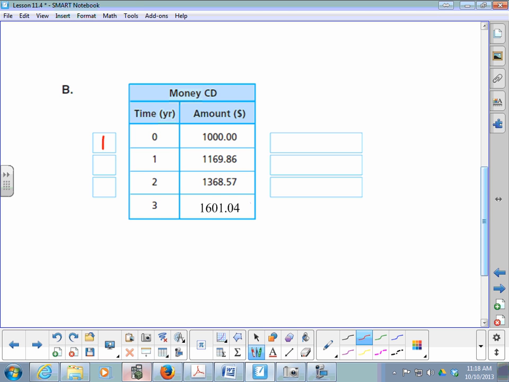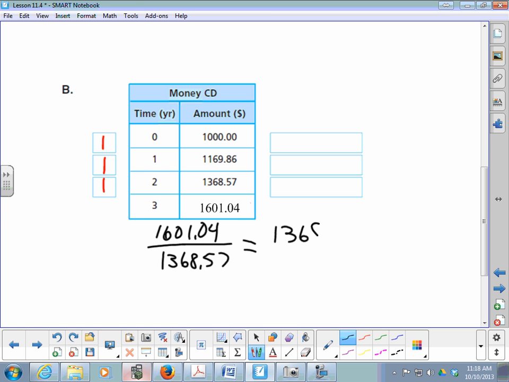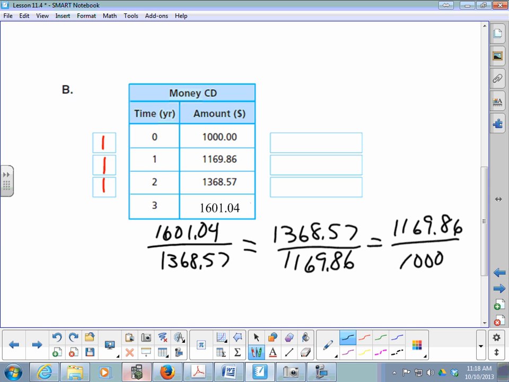So in this case, I check these out. All right, they're all ones. Great, okay? And now I'm going to divide. So I'm going to take 1,601.04 divided by 1,368.57. Okay? And I'm going to do that with each one of them, each pair. And I want to make sure that they're all either the same or so close that there's no question about it. Okay. And hopefully, when you do this, you get the same number each time. All right, which should be,